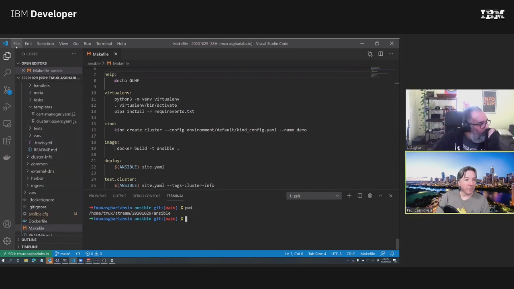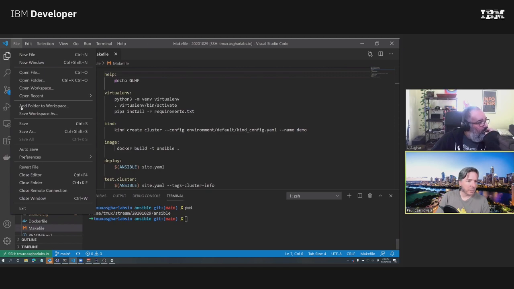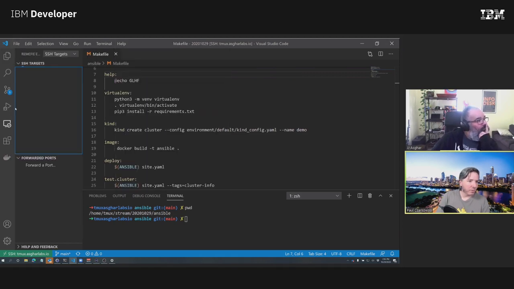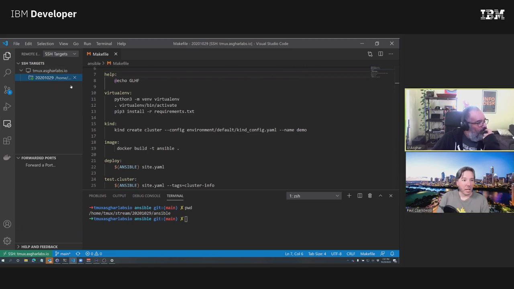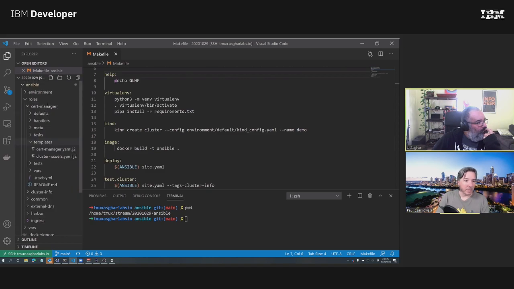So there's a few things, and the other thing is VS Code. If you've got the remote open, you can actually set WSL targets. Oh, that's cool. And access it that way as well. But what I've got going right now is an SSH target set up to your Bastion box. And so the files that we're editing here are all on that Bastion box.